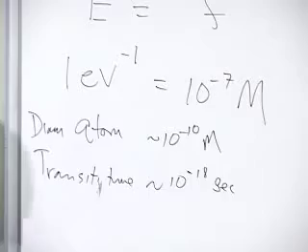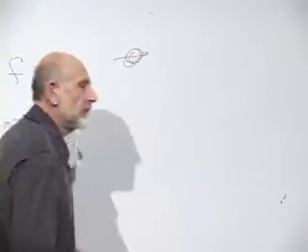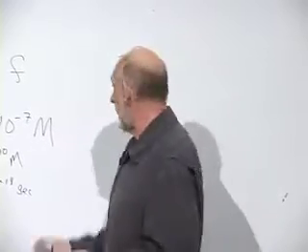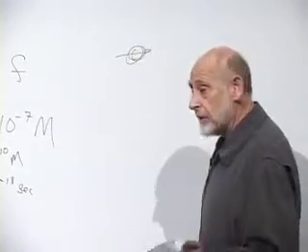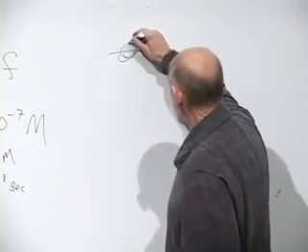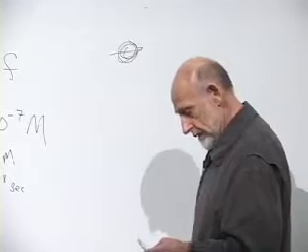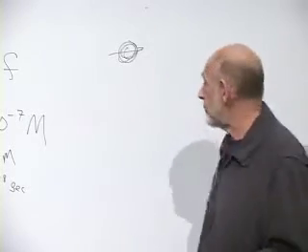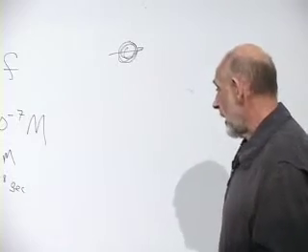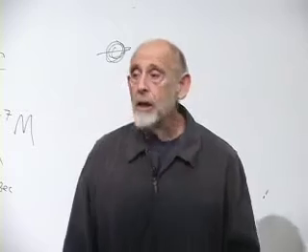But a different time scale. So this is the time scale for light to go across an atom. And by atom, I don't mean the nucleus, I mean the whole atom. Another time scale is the time that it takes for an electron to orbit an atom. Now you might think, why isn't that just about the transit time? Transit time is about 10 to the minus 18th seconds. The reason is because